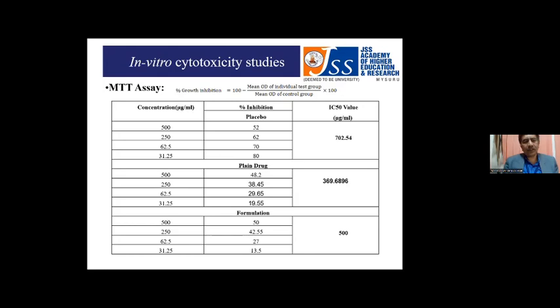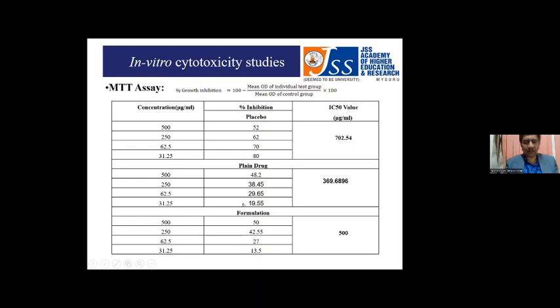Then we performed the MTT assay to find out the percentage growth inhibition using this formula. We used different concentrations of the drug. Initially, we used the placebo without the drug. The percentage inhibition was 52, 62, 70, and 80, with an IC50 value of 702.54 microgram per ml. Then we used plain drug in concentrations of 500, 250, 62.5, and 31.25. We had percentage inhibition of 48.2, 38.45, 29.65, and 19.55, with an IC50 value of